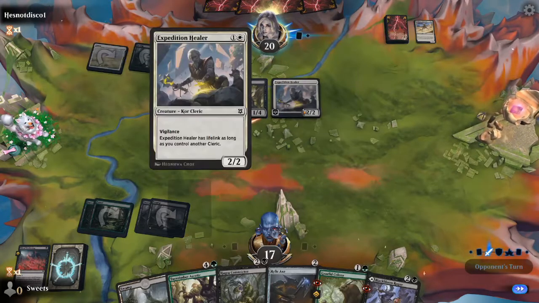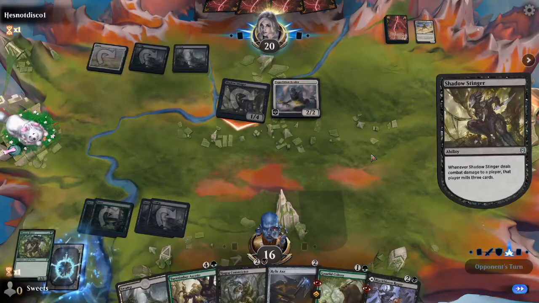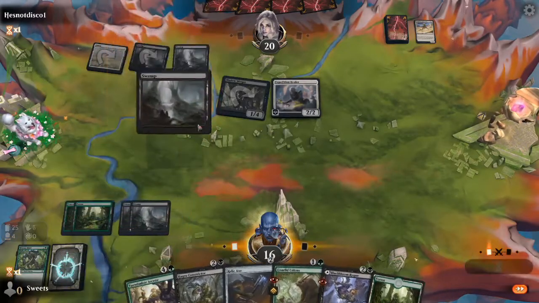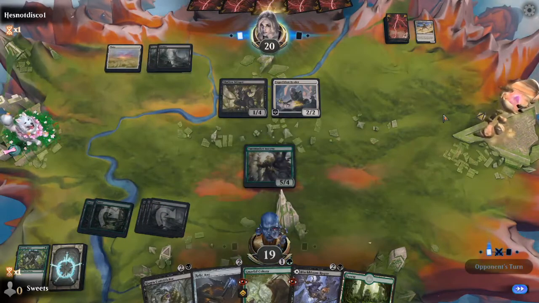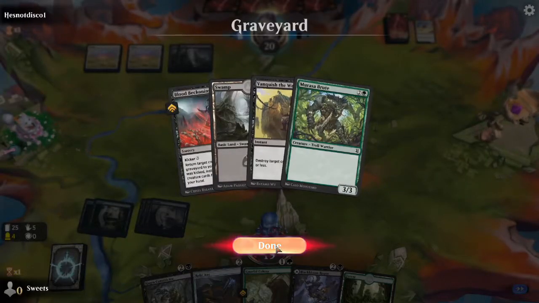Alright, the opponent's just on, like... they must be doing a party thing. They mill us for 3. What do they hit? They got one of our removal spells, which is a little rough. Okay, well, we're going to go Timber Ascetic, which dodges a good amount of removal. It gets hit by Smite the Monstrous, but it dodges Vanquish the Weak, so...